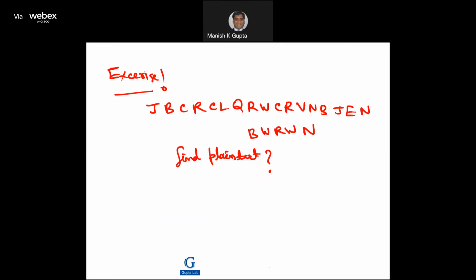Cryptanalysis is a very, very fundamental thing. Analyzing the crypto system, that it is secure, is a very, very fundamental thing. So we try to make crypto systems where exhaustive key search is infeasible. Even if you write a very good computer program, it is going to take 10,000 years to actually get the key. So then you can sleep nicely after taking a tea. Anyway, so let us look at